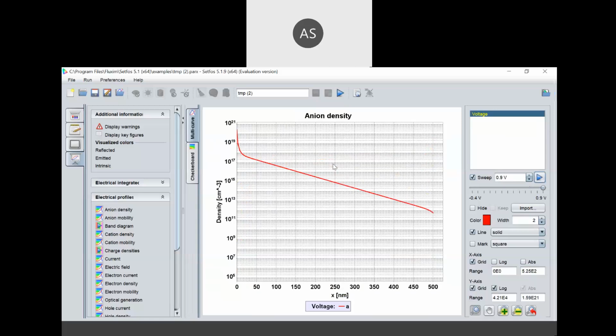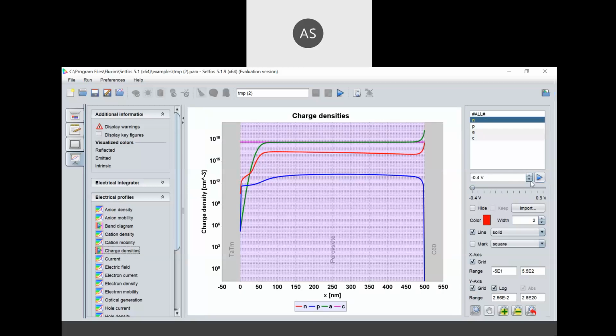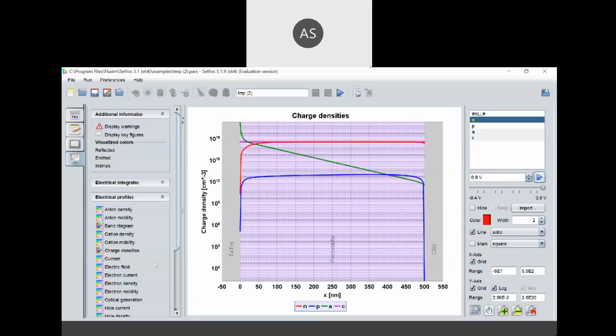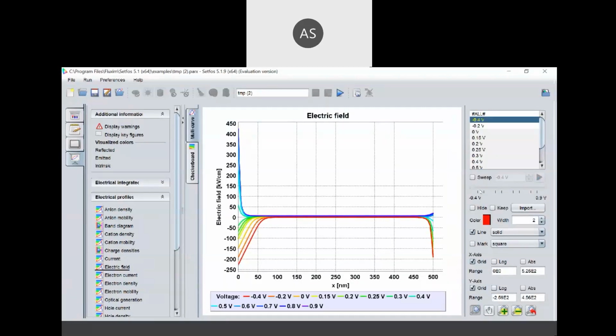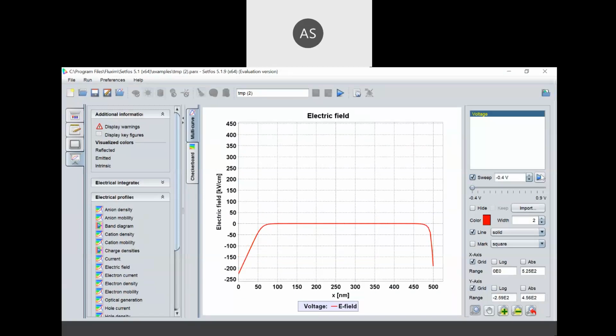Once the voltage is changing, any parameter you can swap, as I have shown you during the demonstration. This is charge density analysis in the active layer. Similarly, you can see the current and electric field in the active layer.